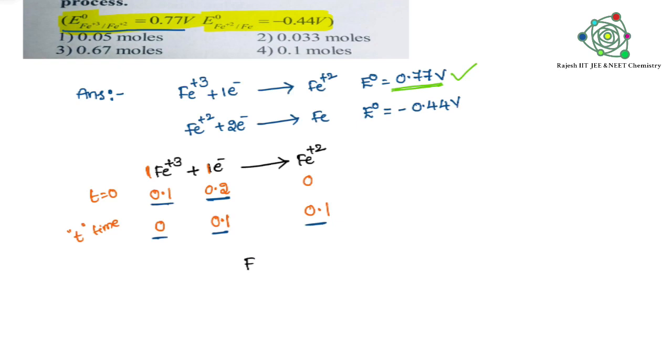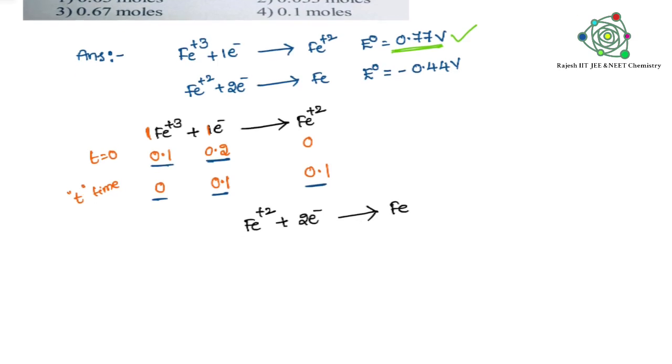Fe+2 formed in the above equation is 0.1, and the charge that remains, that is electrons remaining, is 0.1. Those two values I am taking into equation 2, which I have already written here. Initially Fe is 0. After time t, very important, you have to have a clear idea of which is the limiting reagent. The limiting reagent here is the electrons, the charge.